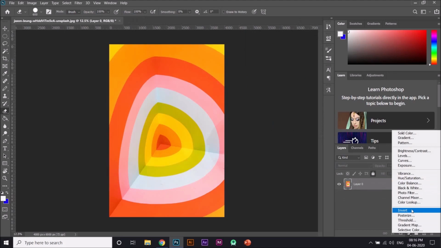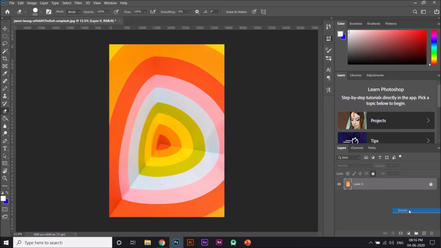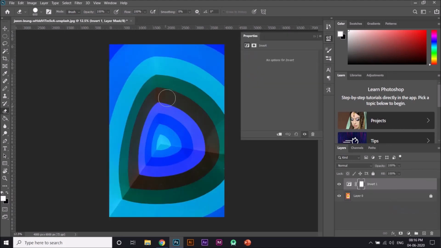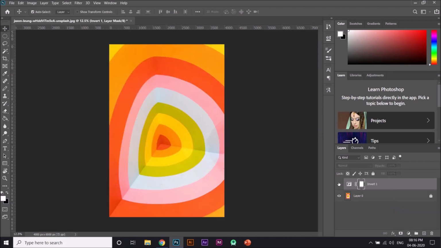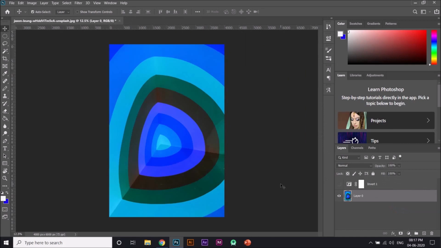So here you have the next thing which says invert. By the name, it does nothing but invert the colors of the layer. But you might have had a doubt, because in the earlier tutorials I told you that you can invert the layer just by selecting the layer and pressing Ctrl I, and here you go, you have this effect. But if you don't want this effect, what you have to do is press Ctrl Z.